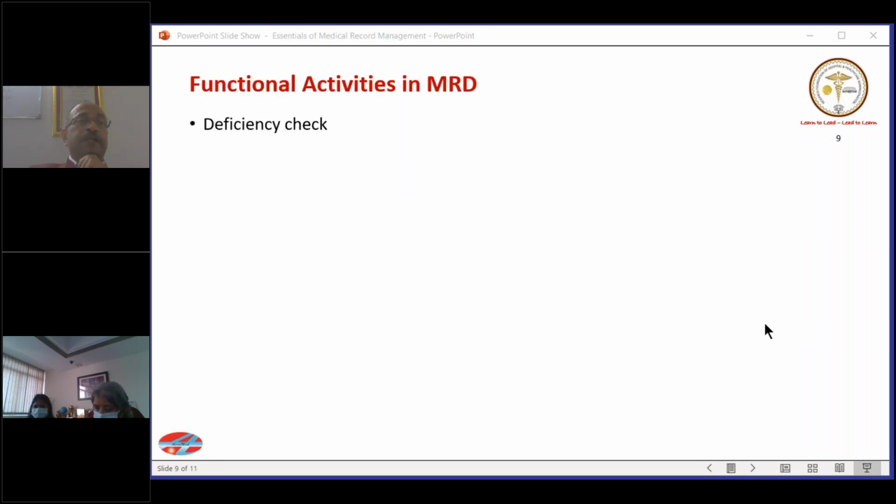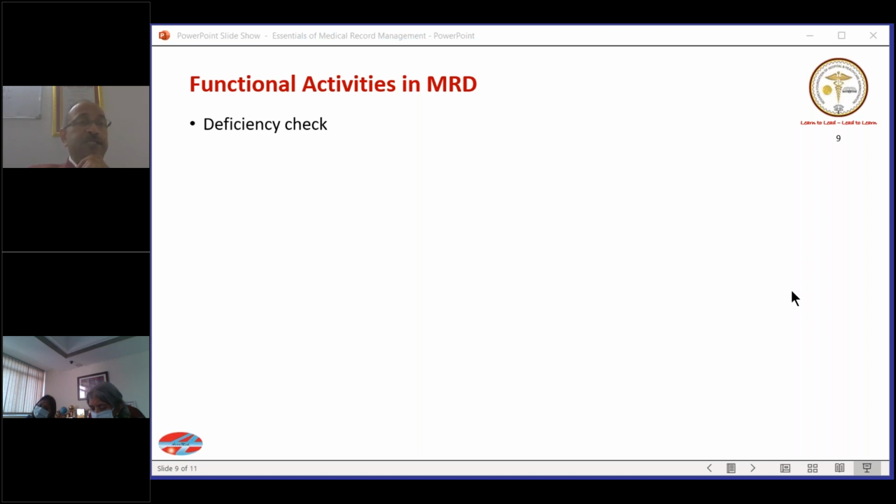Now, what activities take place in the medical records department? So typically, you have a situation where the patient record is generated in the wards, and after the patient is discharged, the patient file is either carried to the medical records department or the patient file is collected by the medical records department. Either way, the file reaches the medical records department. That is MRD. And in the MRD, what activities must take place on that particular file is the one that we are going to talk about now. So first we have